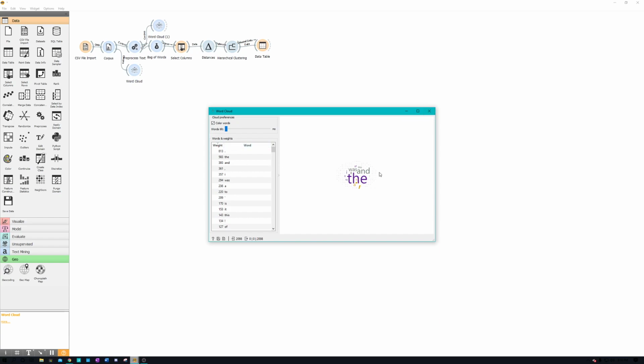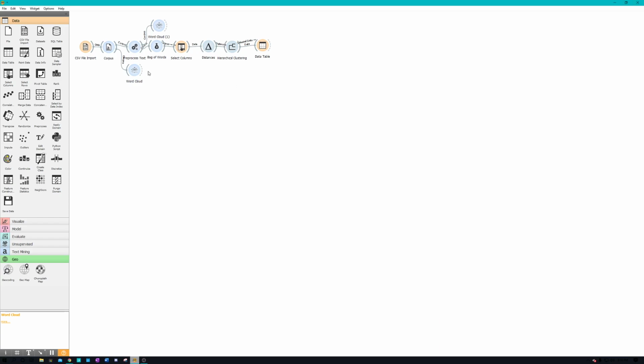But the problem is that we can see from this original word cloud that various words like and, the, was, I, all these different characters, period, comma, and words like that are kind of taking the bulk of the data because obviously those filler words and punctuations are going to be used a lot more commonly than the words that we're actually searching for. So we learned how to kind of filter that out here by using the pre-processed